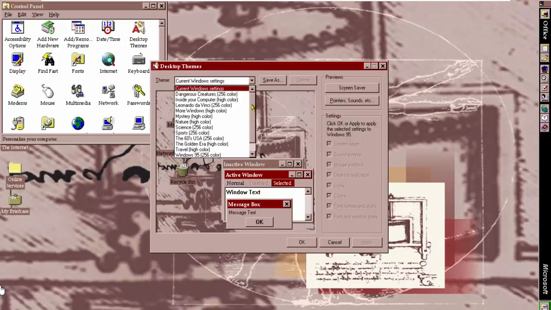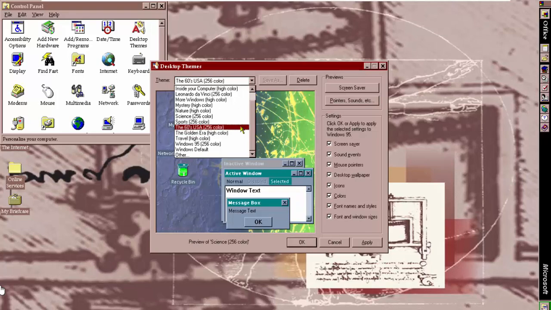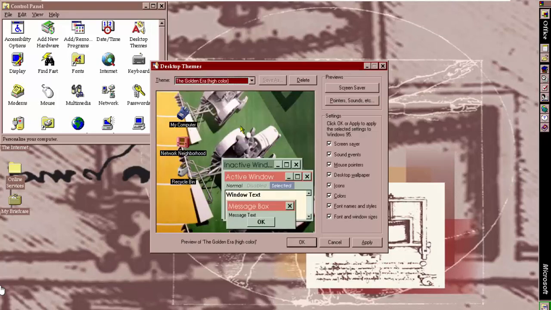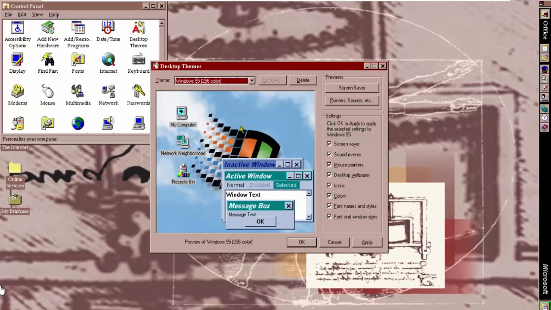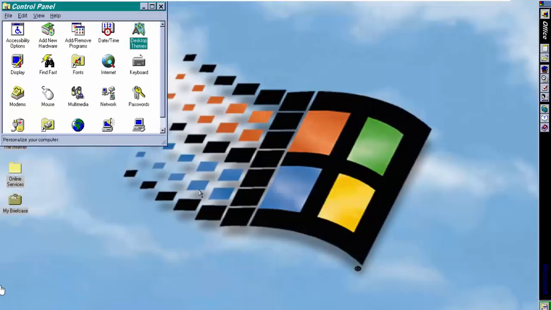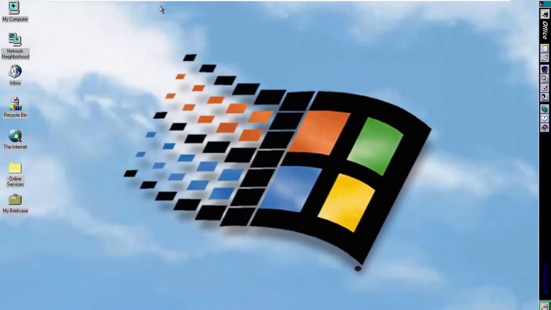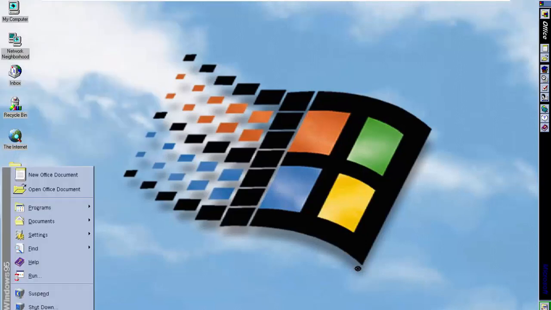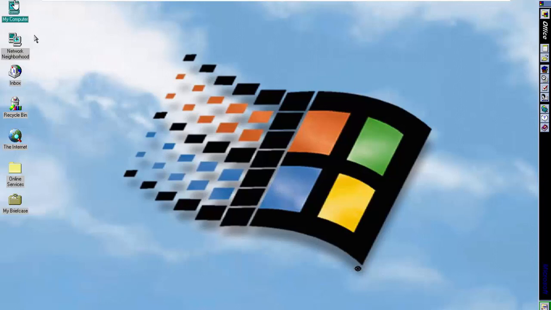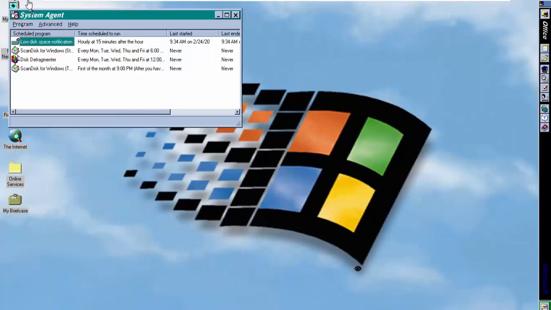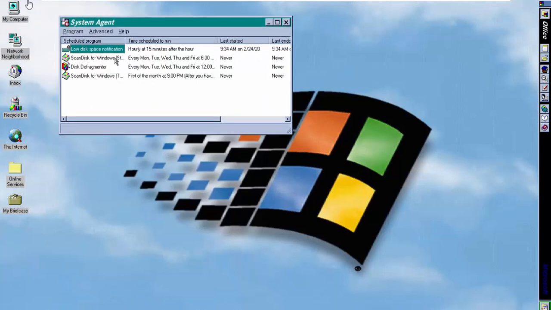Desktop themes, love it. Some science, 60s, some golden era, straight up Windows 95. Now this is another one we used to use all the time back in the day. Made it all modern looking, which is ironic because when you actually download ME, ME's icons were based off of this setup here, like everything. Open up your system agent here, it lets you know if you're running out of disk space, if you have any problems and you need to scan. So yeah,